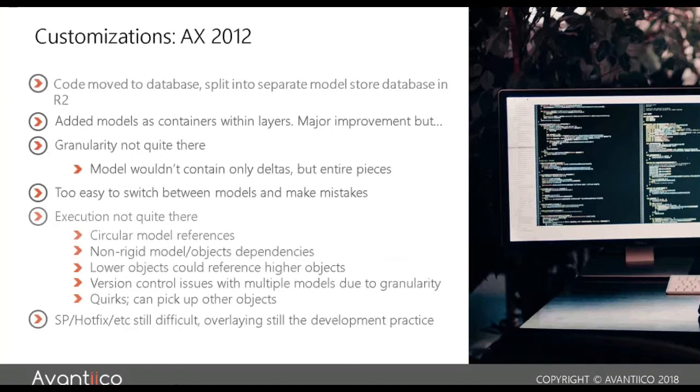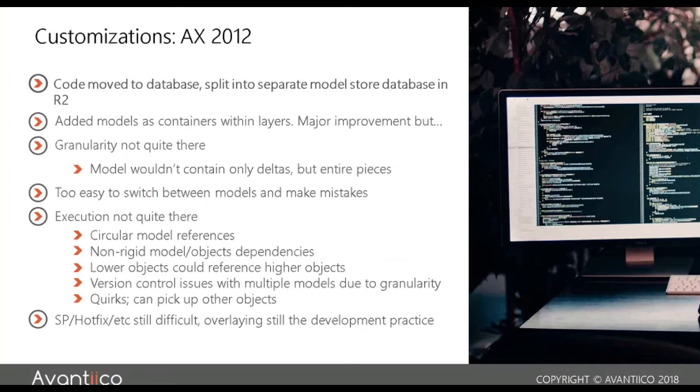In AX 2012, the problem is still kind of there. They made a lot of architecture changes in 2012. The code was moved to a database, the model store. And a lot of people would create these models. It addressed some issues, but it did not fix them all.